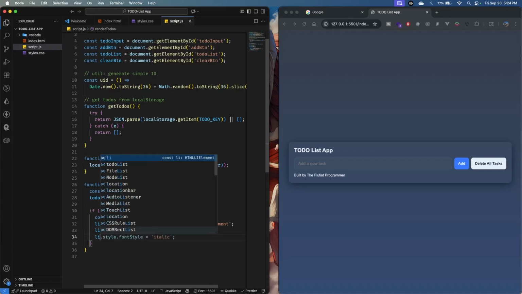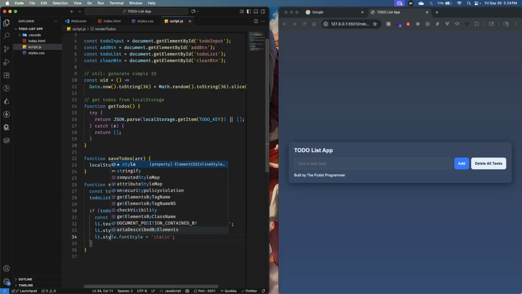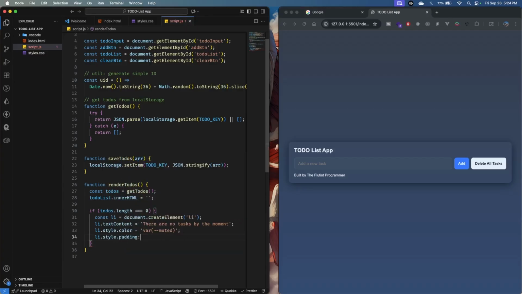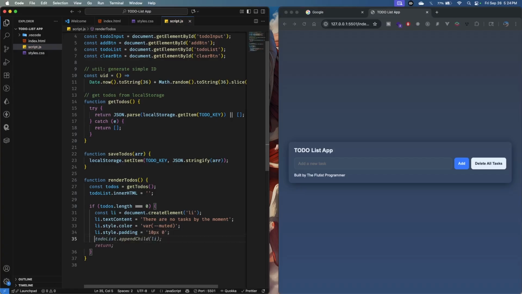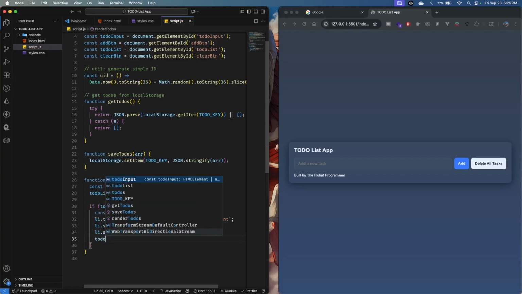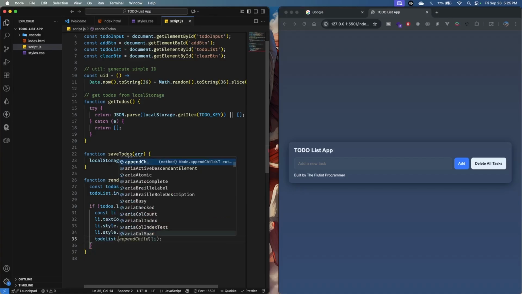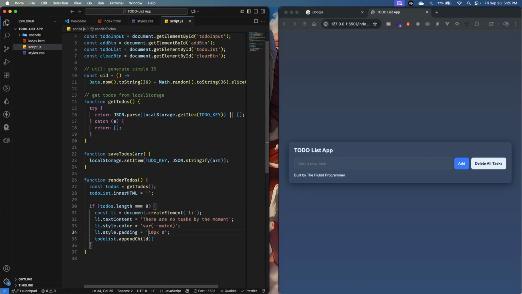Then for the li, style.padding, we want to have 10 pixels and then 0. To-do list dot appendChild. This appendChild means that we are going to be placing all of this inside of the UL. So the appendChild is going to be li, and then return. Okay, so now that we have the to-do,